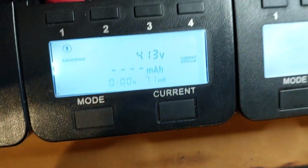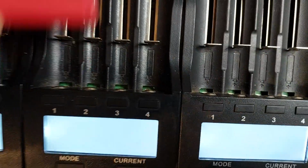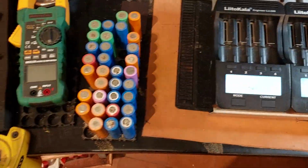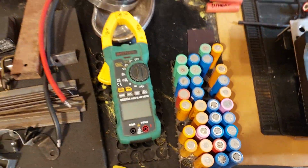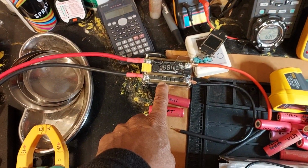It's a fully charged battery, no need to charge it again. All tested on the normal test cycle. These are waiting to be charged, and I have a whole bunch more. I've been testing the current draw. As you saw in the previous video, the